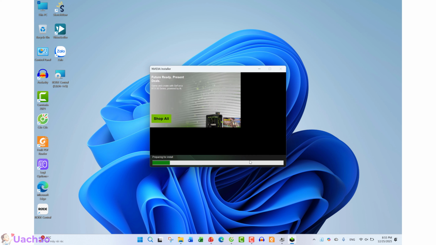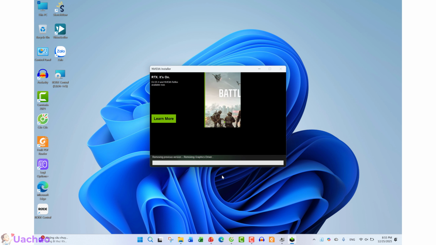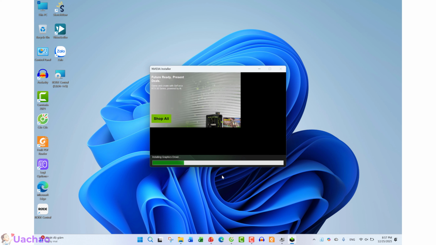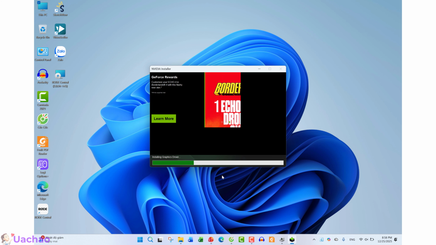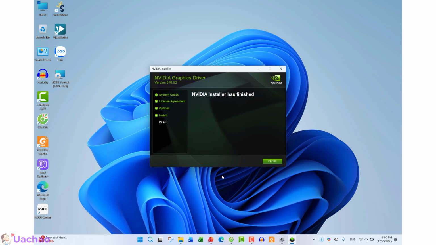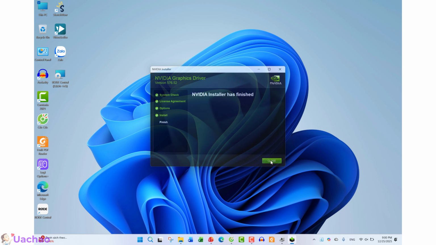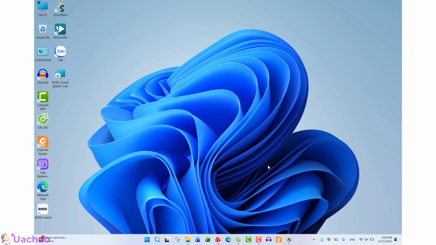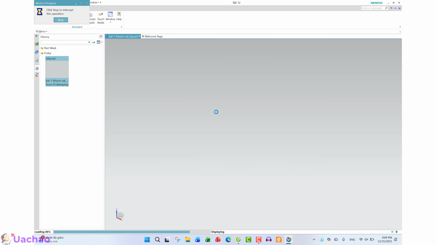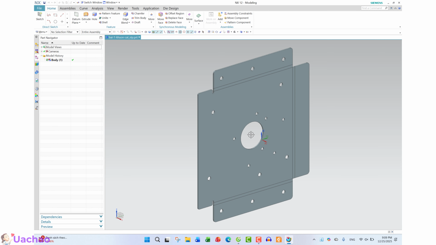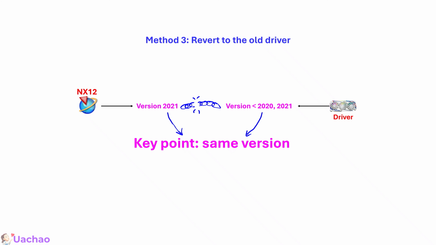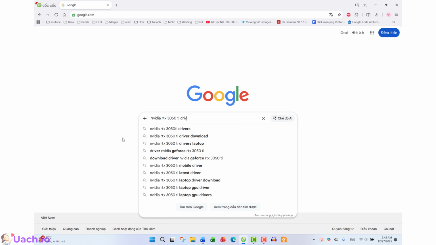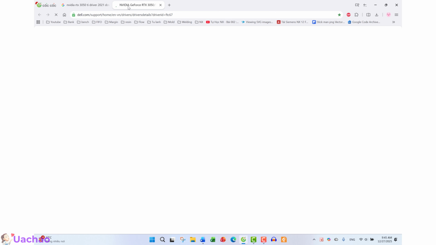Wait for installation to finish. When it's all finished, click Close, then open NX12 again. Wow, the result is okay. Very interesting. If NX12 still does not work, try an even older driver version.